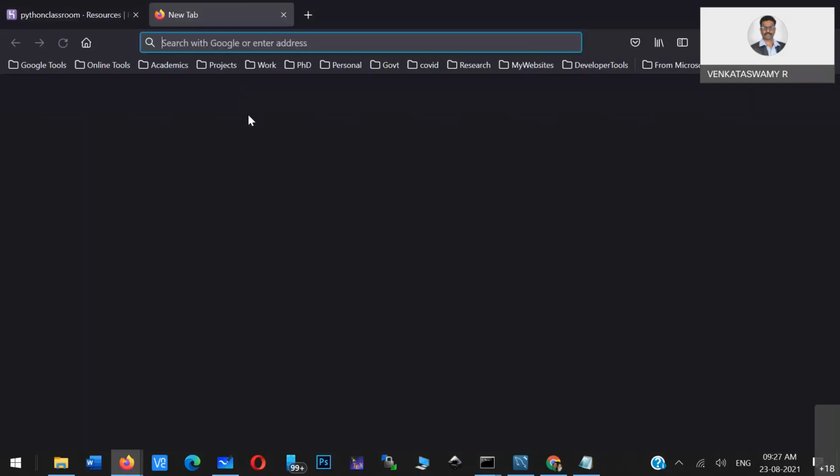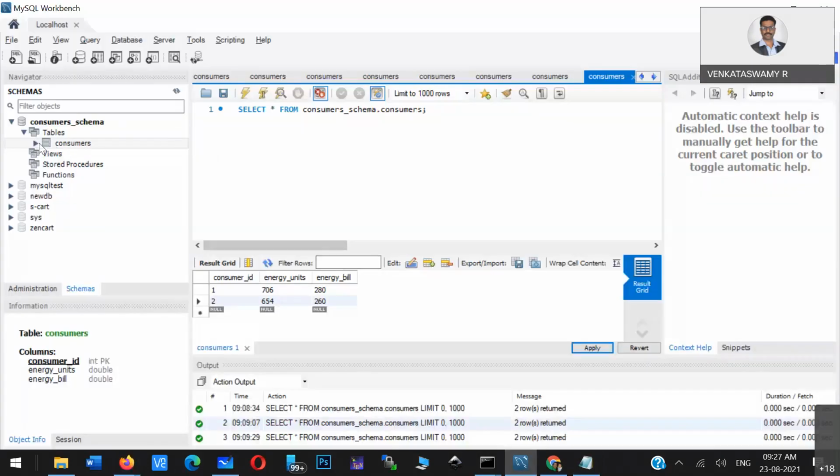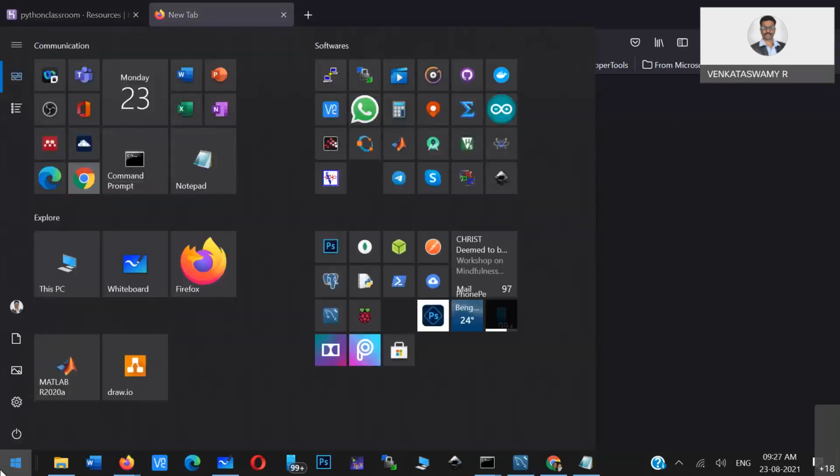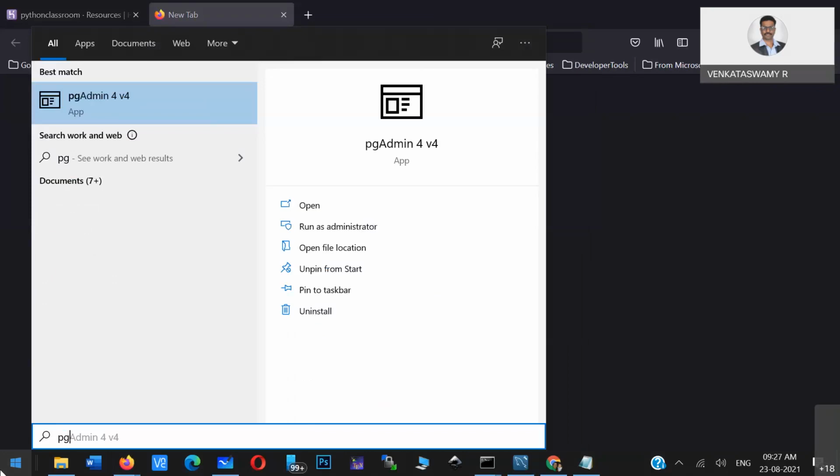Now the next step is how to open that particular database using an IDE. In MySQL, we opened this particular table, right? Similarly, how can I open this database? I already told you that you have to install pgAdmin on your machine.